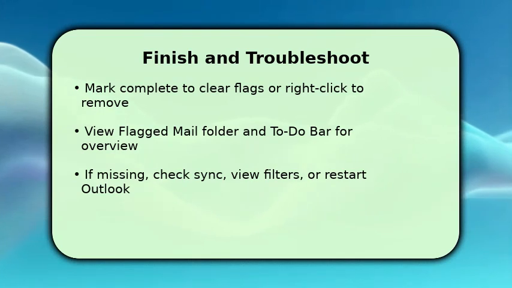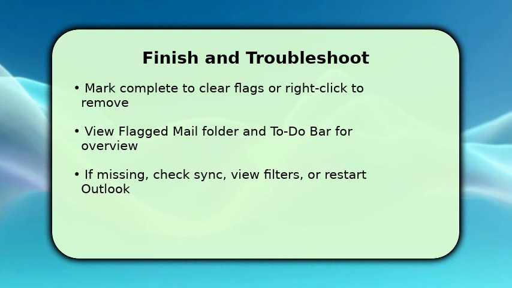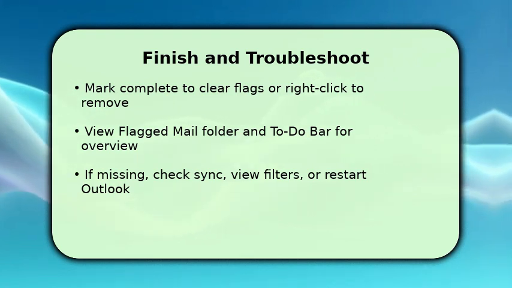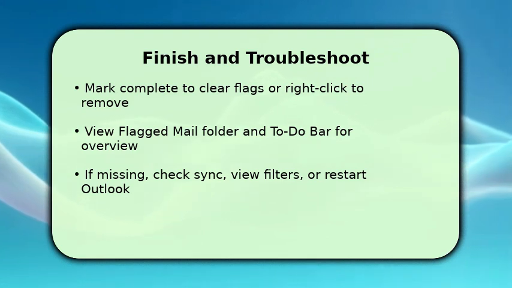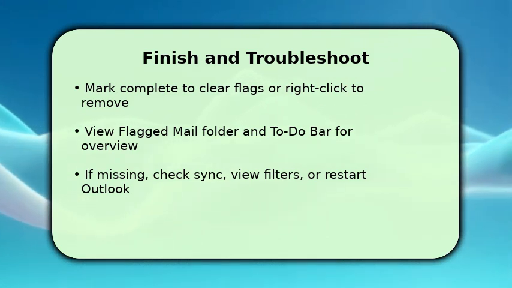Finish by reviewing the flagged mail view or the to-do bar to confirm your tasks are listed. Then mark messages complete when done so Outlook removes the flag automatically. If you rely on follow-ups, create a recurring flag for repeating tasks and use the Tasks pane to manage long